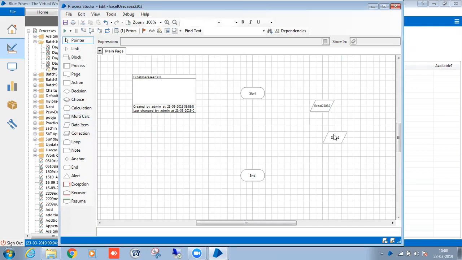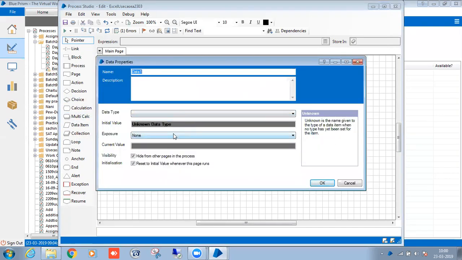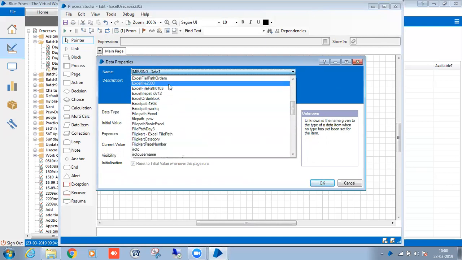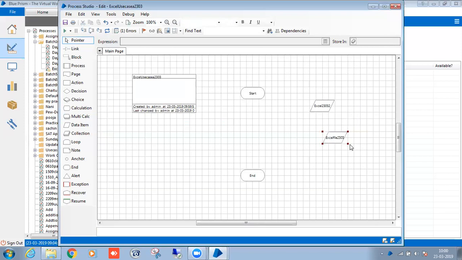Data item, and you can extract other environment variables too. See, before we created 2303, means one time creation, n time use. We created one variable one time, and that value we can use in all other processes.